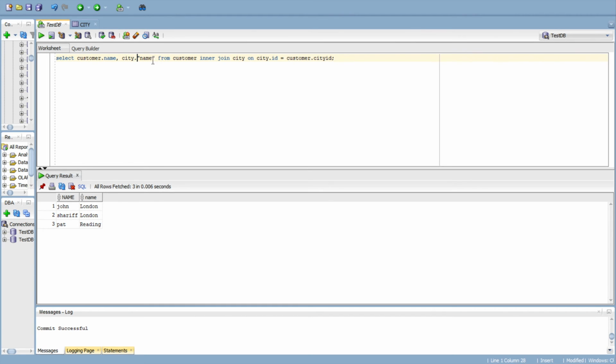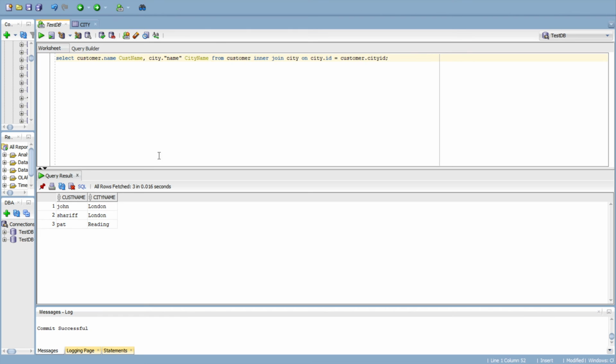And like this, we can change the column names if you want by adding an alias. I could put cast name as city name here, and you can do lots of things,